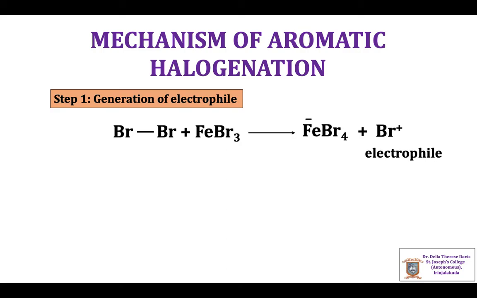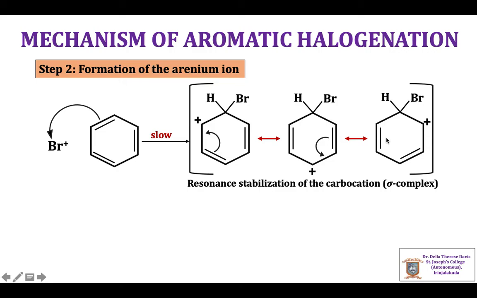Thus the electrophile Br+ is generated. In the second step, the electrophile Br+ attacks the benzene ring to form a pi complex